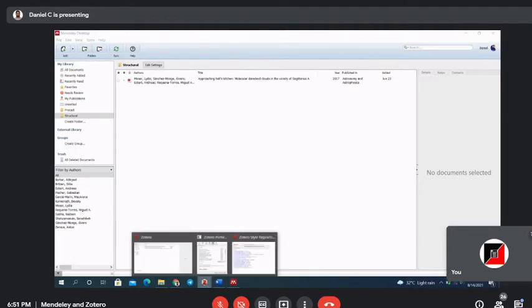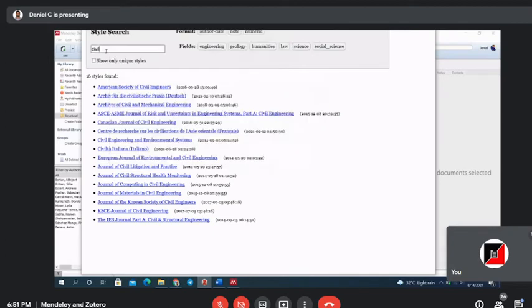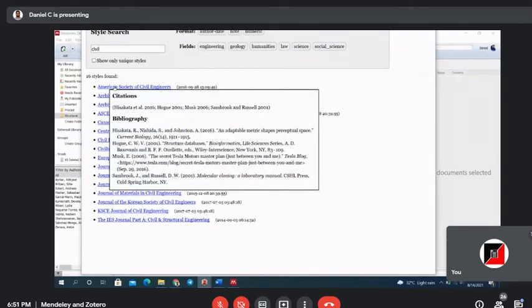You can see here, for example, this is the journal, which means civil. When I click here, I can find how the referencing style is.